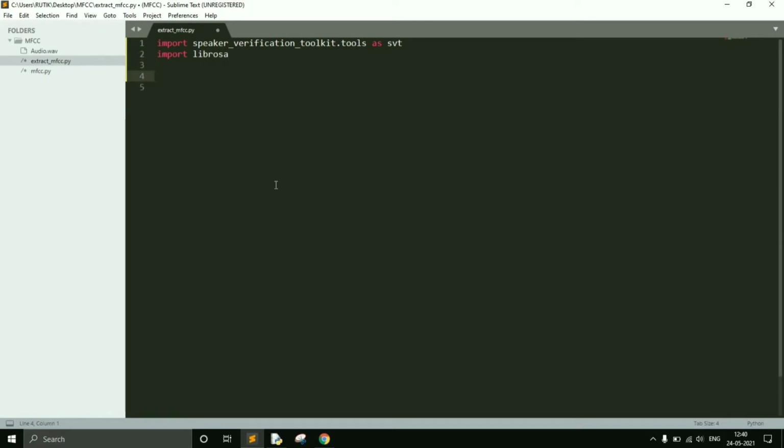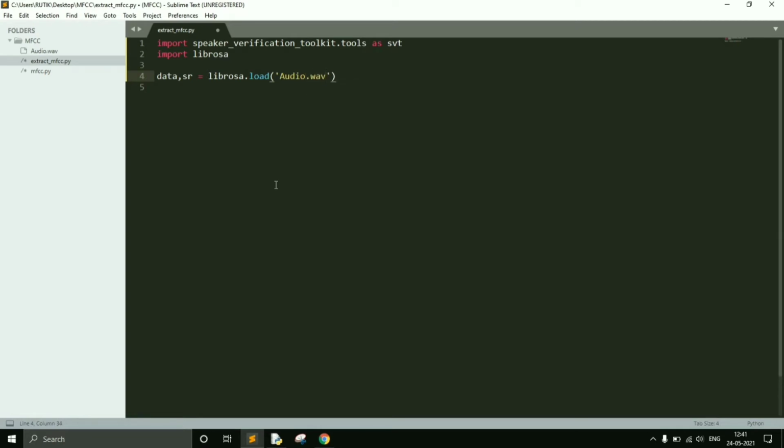Okay, so next, first of all, we are going to load the audio file from our computer to the code. So for that we are going to use the Librosa module. So first we define a variable data, then second variable is sr. SR means sampling rate, and next write librosa.load and give the path of an audio file in single quotation. My file name is audio.wav.